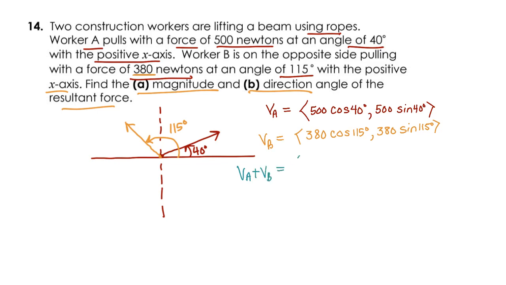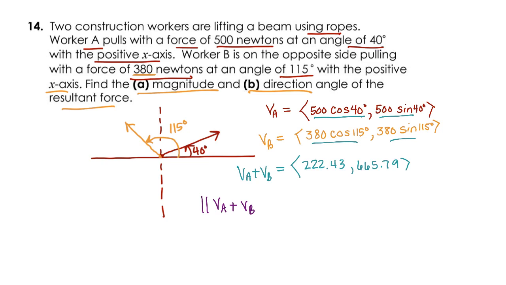And I would put all of this in our calculators for sure. So when we add these two similar components, the first components together, you should get 222.43. And then when you add our second parts together, you should end up with 665.79. And so there's your resultant vector for those two. And it wants the A part, the magnitude. So now that we have that in component form, we can talk about our magnitude. So the magnitude of vector A plus vector B,